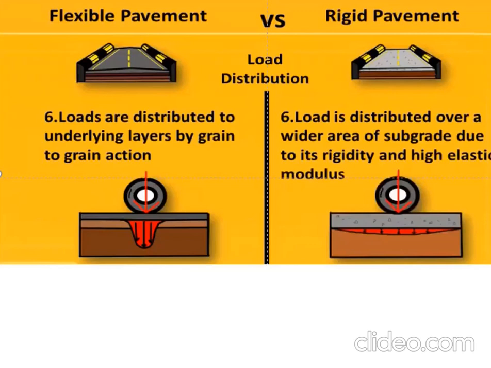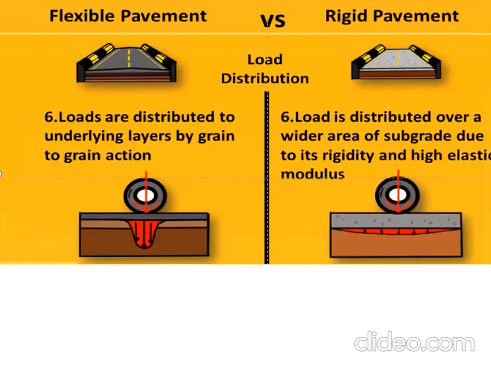The problem with flexible pavement is that the first layer in asphalt doesn't have enough compressive strength. So even though it is a structural layer, it doesn't take all of the load. While when you construct a pavement with PCC, Portland cement concrete, all the load is taken by that. So there is very little transfer to the subgrade. That's why we call the road uniform, and this is because the pavement itself has a high elasticity modulus.